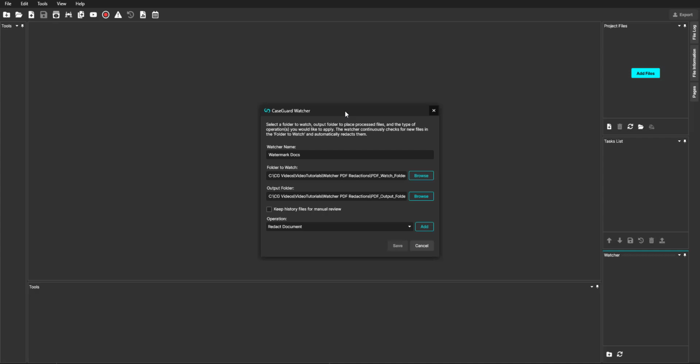Today, I will cover the Watcher Watermark feature in CaseGuard. The Watermark feature in the Watcher applies a previously saved watermark to all files in the Watch folder. Watermarking is useful for protecting information in documents. Applying watermarks in places where people cannot easily Photoshop a document will help protect it from being stolen or used